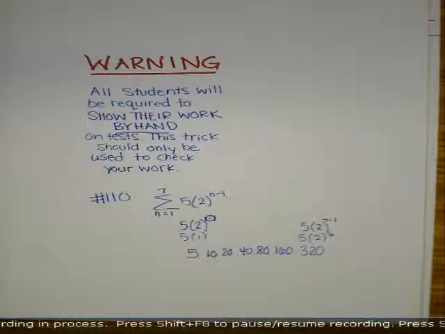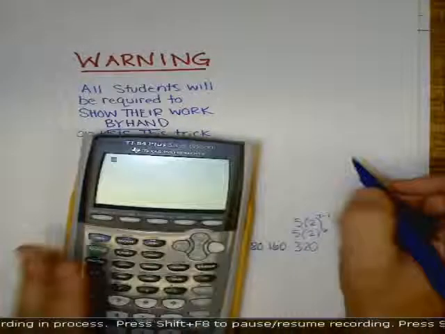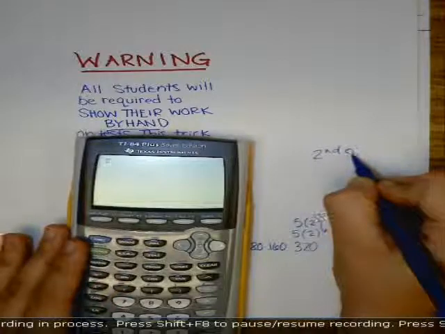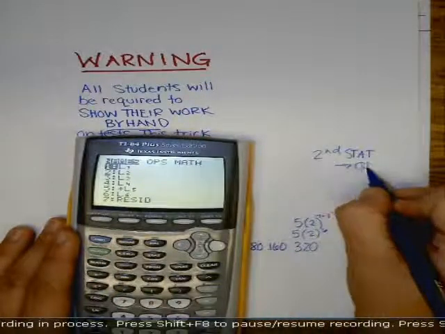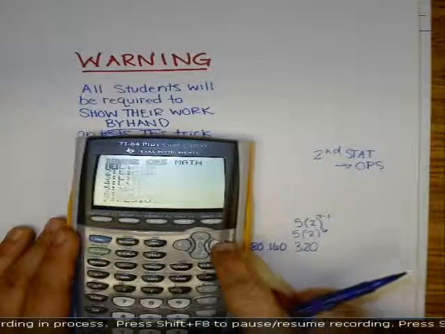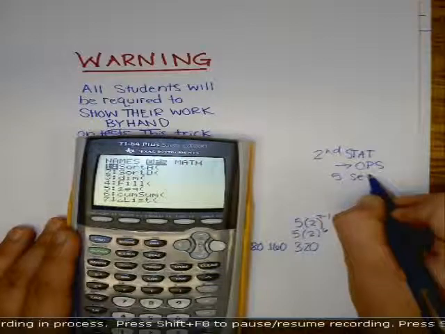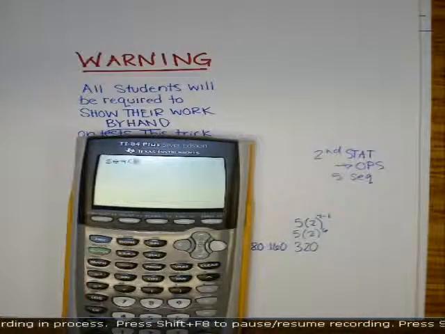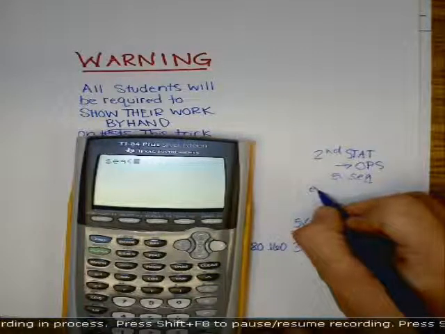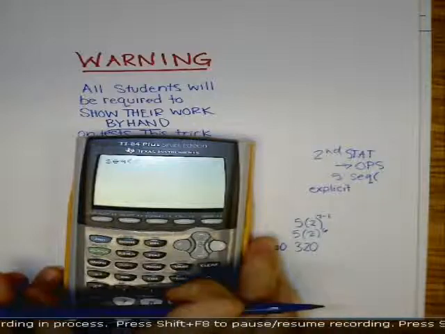Today I'd like to show you how to do that in your calculator. You're going to go to the button Second, and then Stat. Scroll over to the word that says Ops, and scroll down to number 5 that says Sequence. At this point you can put in your explicit formula. So you're going to put in the explicit formula. In our case, that was